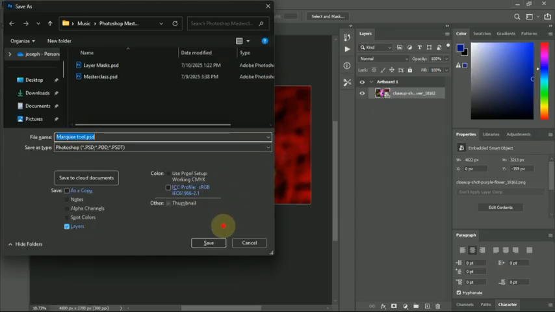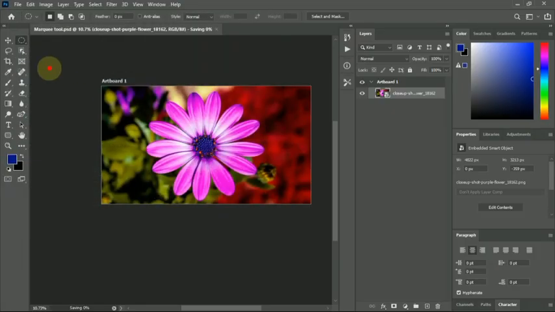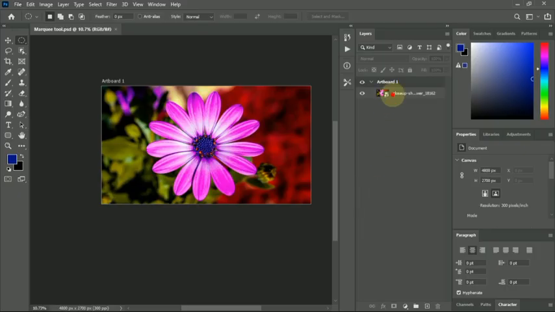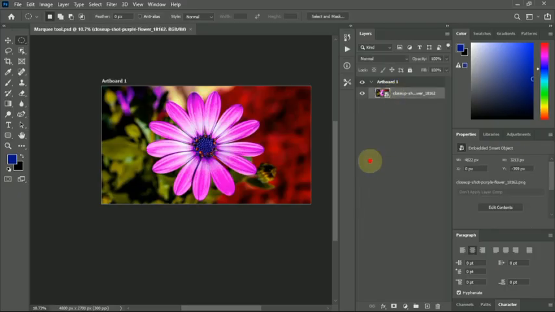Also, you can combine Shift and Alt to make a perfect square while drawing from the center. Also, you can use the arrow keys to move your selection up and down, pixel by pixel, like that. Having said that, let us deselect it, save the project, and